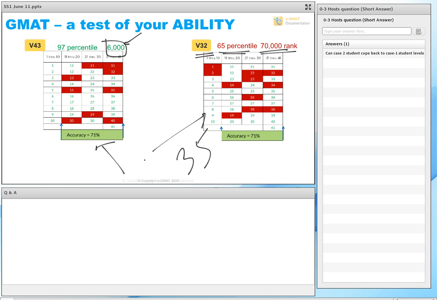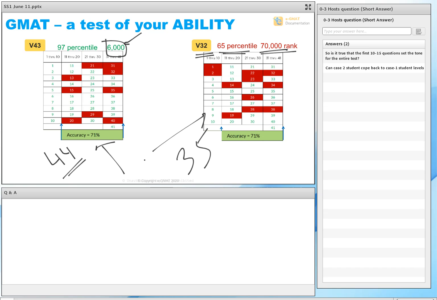Okay, and this guy got a V44 if I remember correctly. So GMAT prep did a really good job with regards to estimating their ability. Can a case 2 student go back to a case 1 student? Absolutely, yes, he can. In the majority of cases, he can. Okay. Bottom line is, if you have the ability,